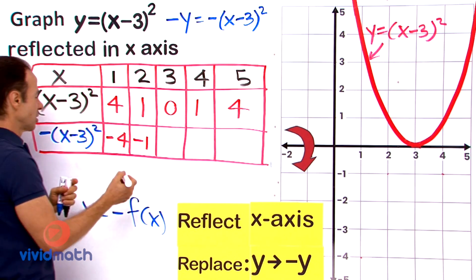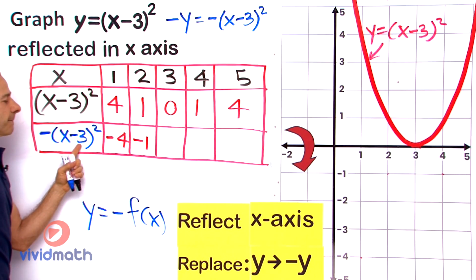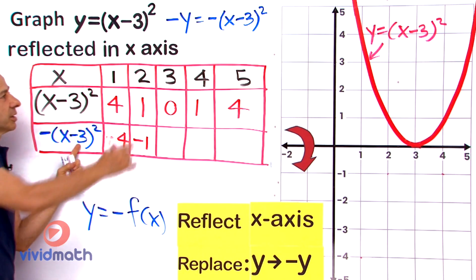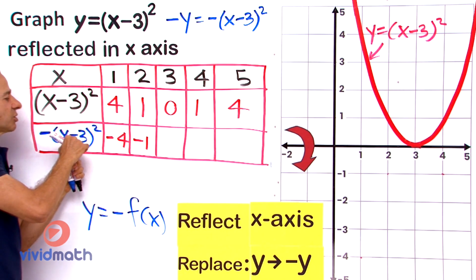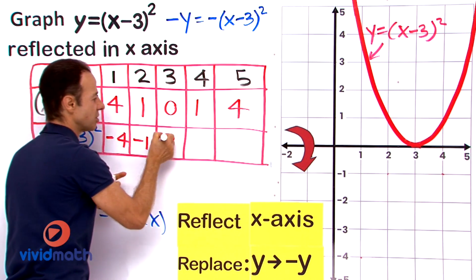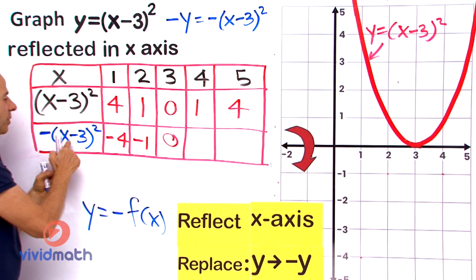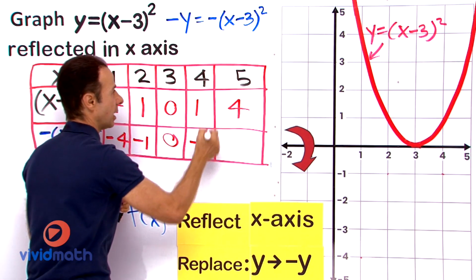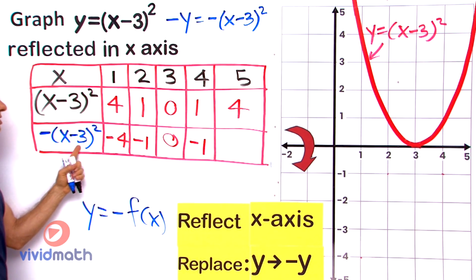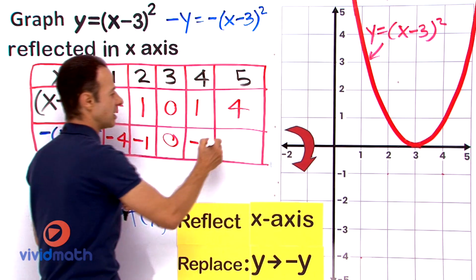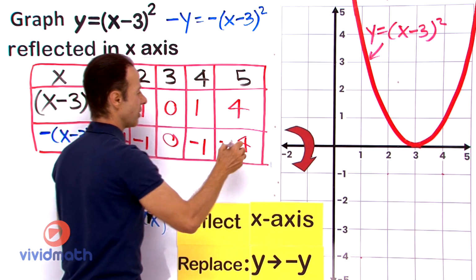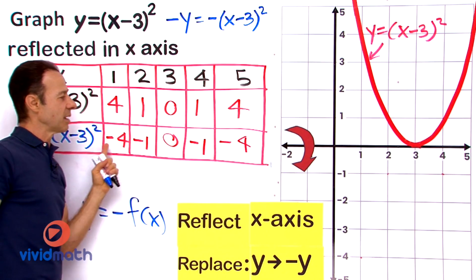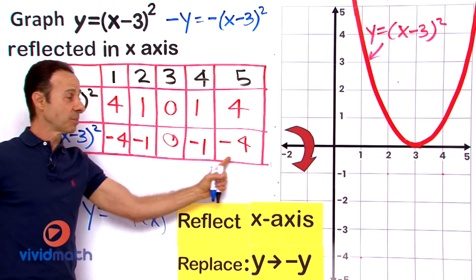0 in there is just going to be 0 minus 3. 3 minus 3 is 0. 0 squared is 0. That still stays 0. And then we got 4. 4 minus 3 is 1. 1 squared is 1. Put a minus in front of it. And we got a 5. 5 minus 3 is 2. 2 squared is 4. Put the minus in front of it. It's negative 4. So as you can see, we've got the exact same numbers, same points, except on the bottom,